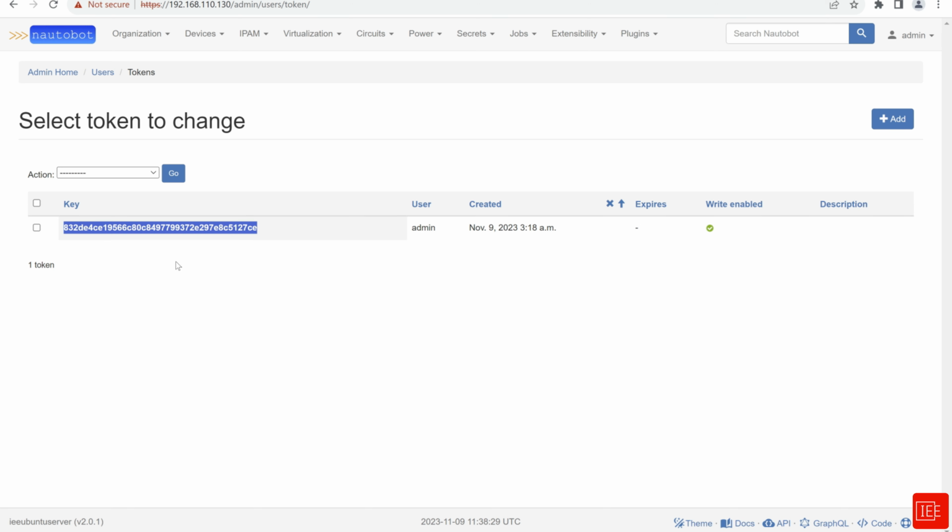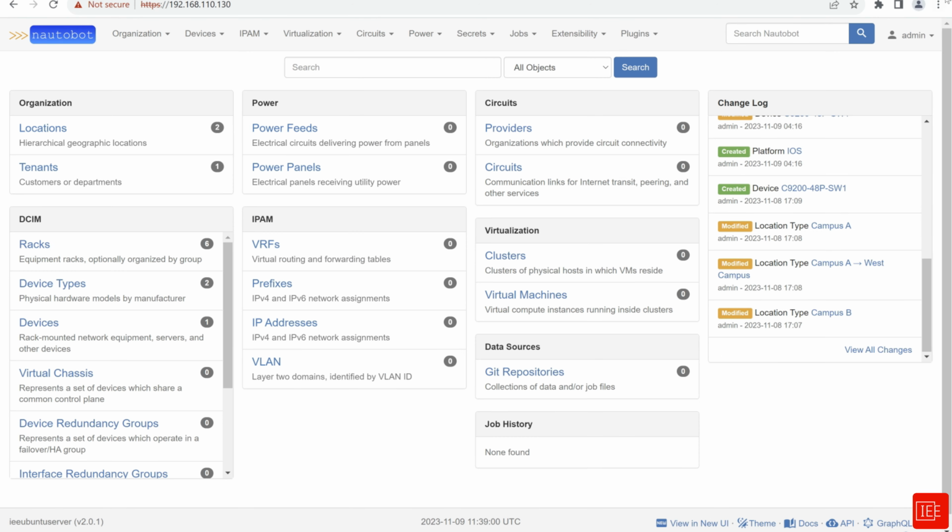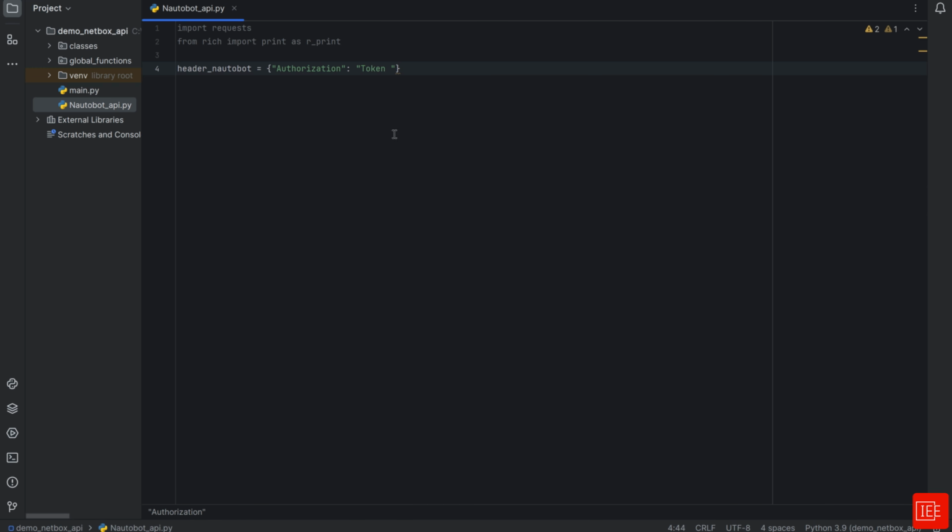If you haven't got a token, it's so simple to add one. If you click on the plus add button, you should be able to add a new token. Just follow the options and fill the options as you see fit. So once you are satisfied with this, you can go ahead and hit save. I'm not going to do that since I already created one. So I'm going to go back to my code and I paste the token,